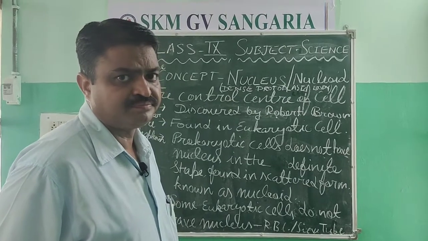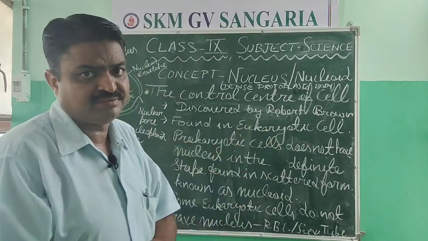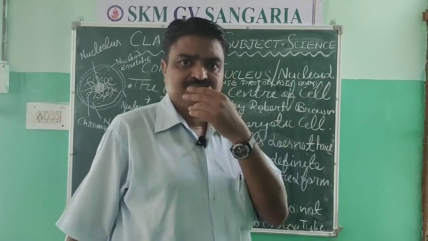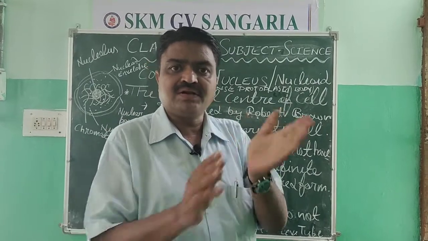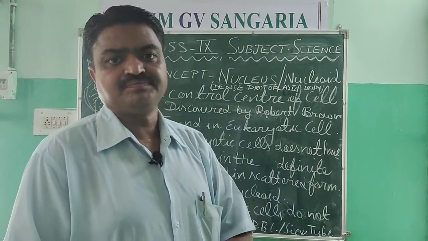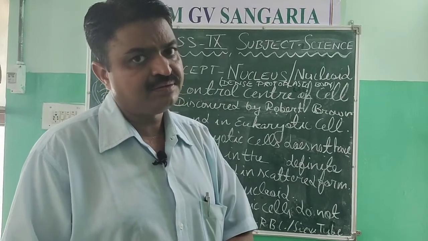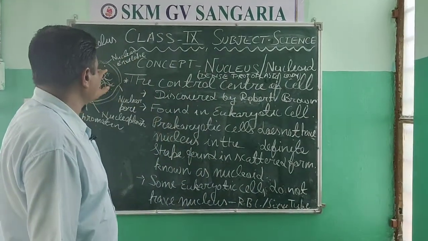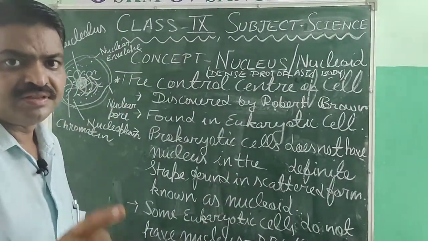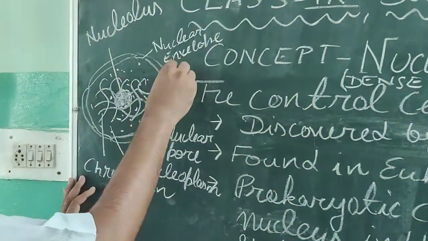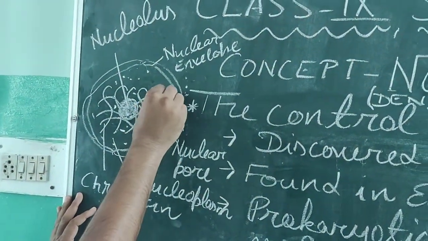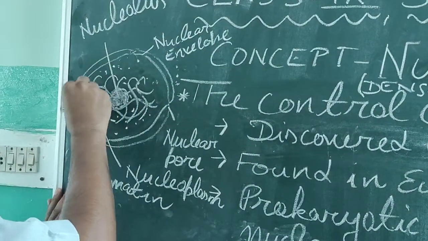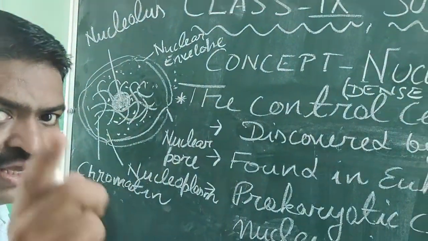Nuclear envelope surrounds the nucleus in a definite form, and it also helps in transportation of the substances, and it is the double membraned part of the nucleus, and it separates the cytoplasm from the nucleoplasm,